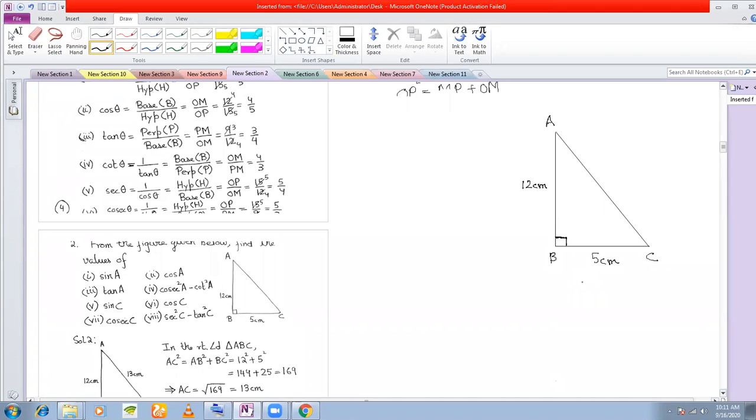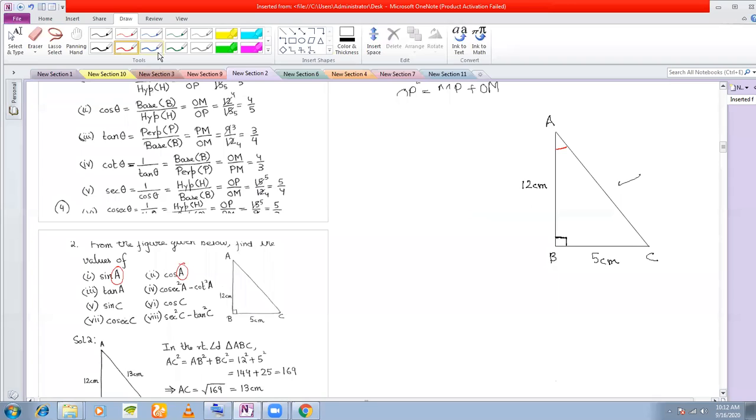Now, if you see from this problem, we must first identify the hypotenuse. Opposite to the right angle will be the hypotenuse, so clearly AC is my hypotenuse. Now the question arises, which one is my perpendicular? Which one is the perpendicular will depend on the angle that is given. In all these cases, we are talking about angle A, sine A, cos A. So this is the angle that I am talking about. This is my angle theta actually. Instead of writing theta, they have written A.